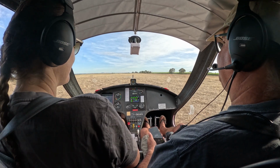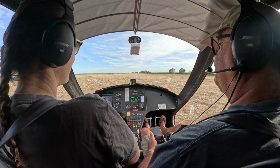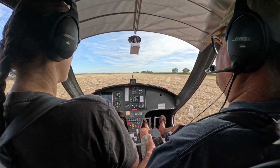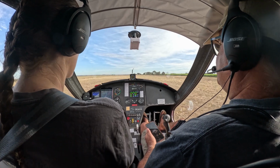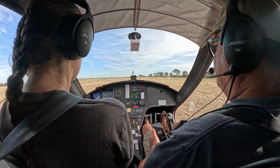Sticks back, pre-rotating, and we're up to 200 rotor revs. So we release the pre-rotator and we're rolling. Front wheels off, backs are off,